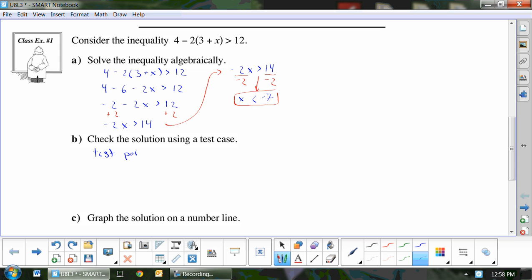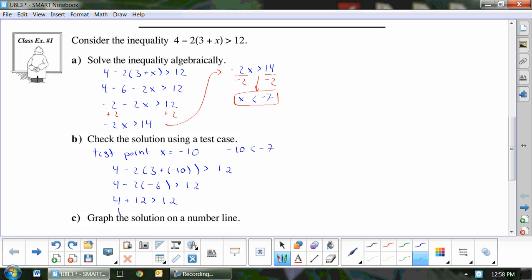I say test point, x is equal to negative 10, and I'm going to say negative 10 is less than negative 7. Okay? And then so when you're doing this, all you have to do is substitute the negative 10 back into the original. So we go 4 minus 2 times 3 plus negative 10 is greater than 12. So we get 4 minus 2 times 3 minus 10, so we get 4 plus 12, greater than 12,